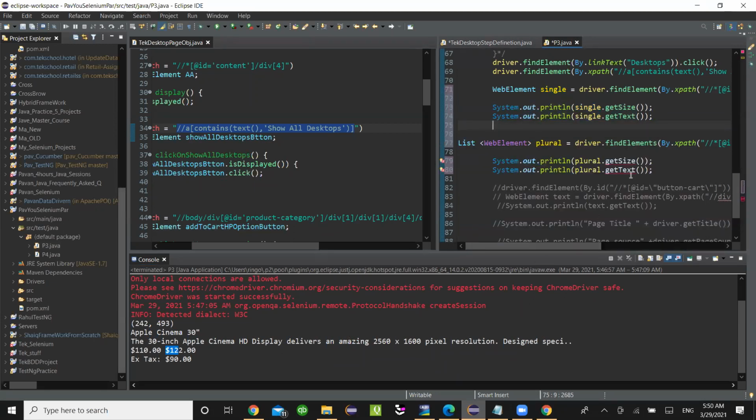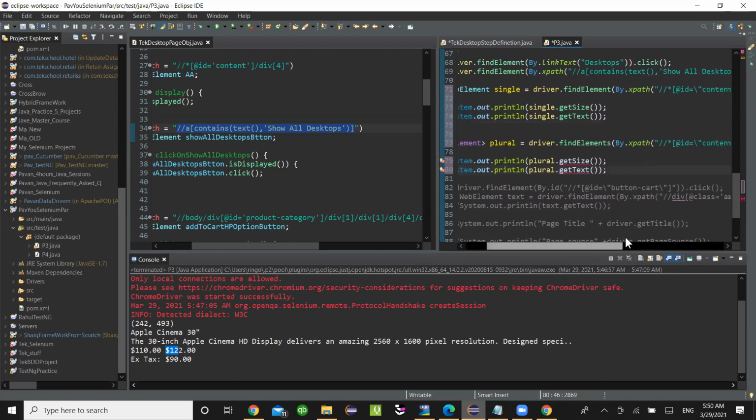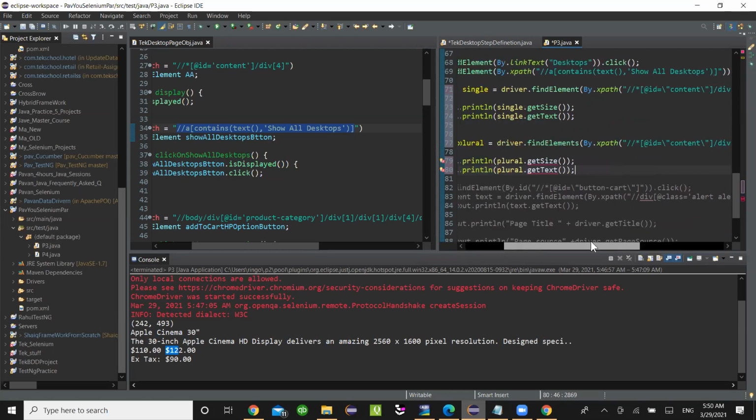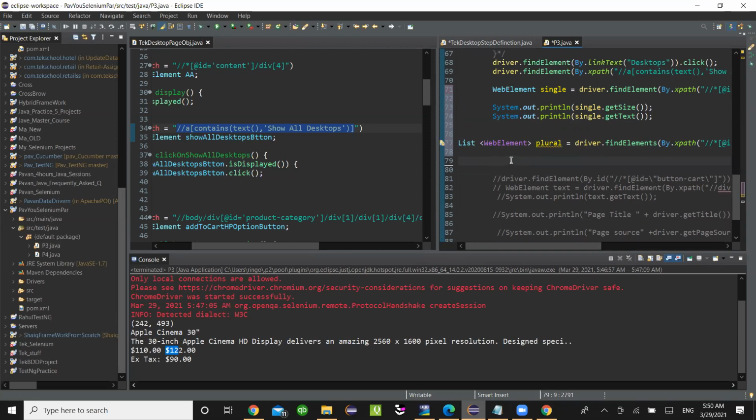Okay, now what I need to do here, let me see. Okay, now it's the element. So once it's element, the only thing you got to do is for